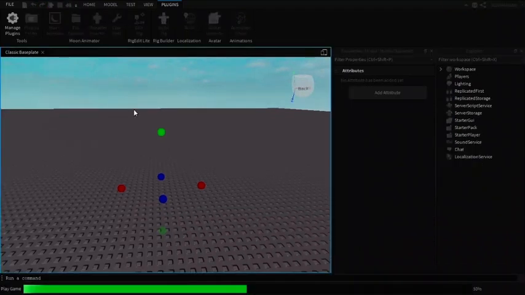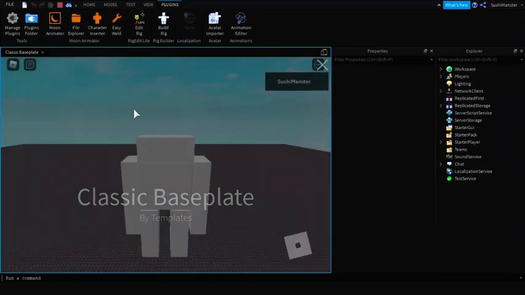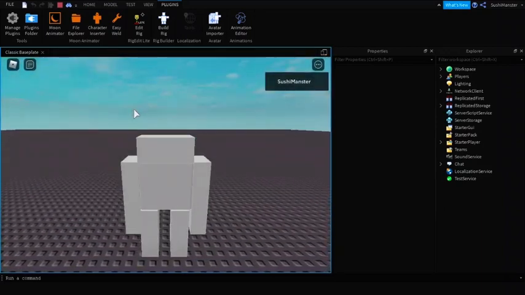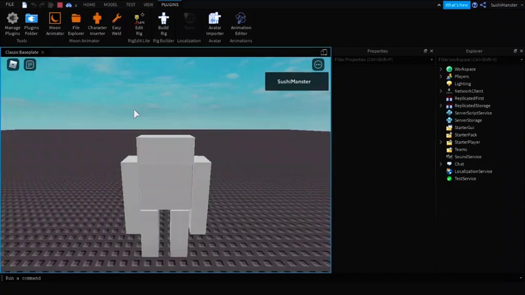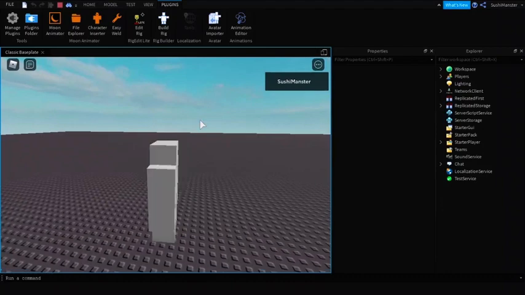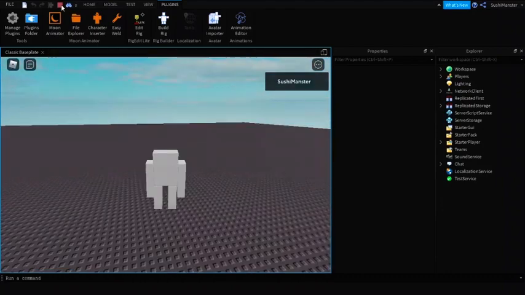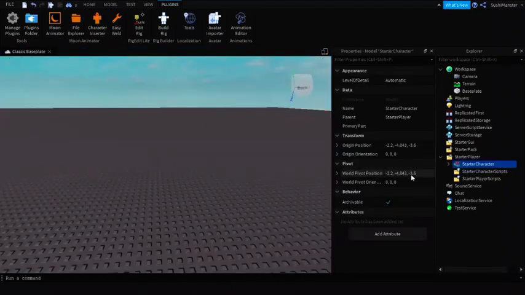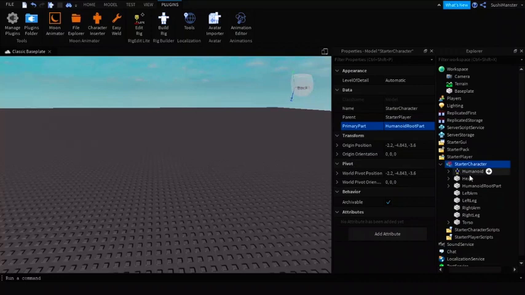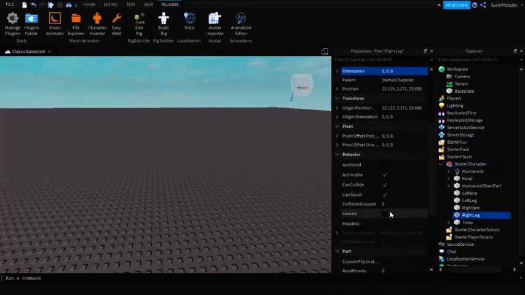Now press play. The model works, but it's barely moving. If your character is bugged, then there's ways to fix it. I'm gonna stop this. First, change your primary part to humanoid root part, and then go to your leg. Copy the Y value,